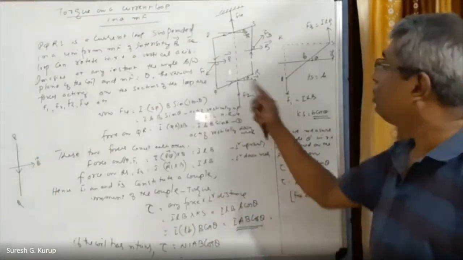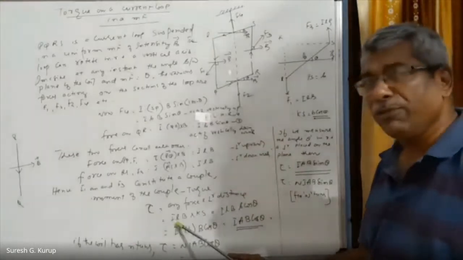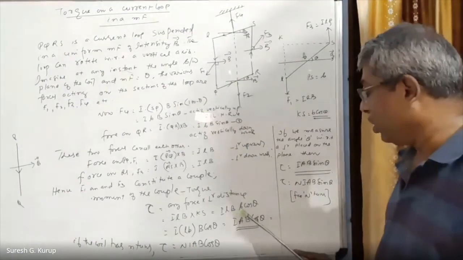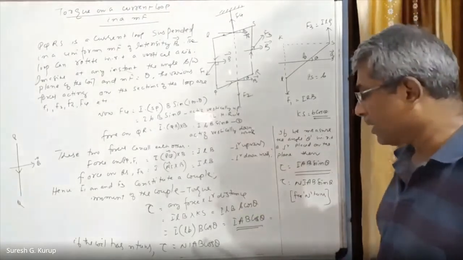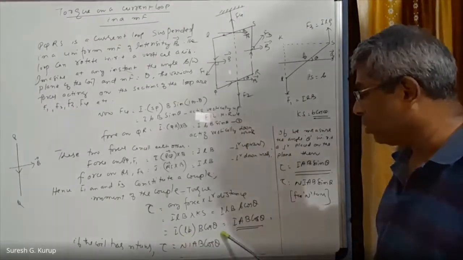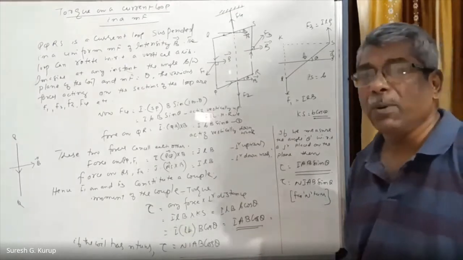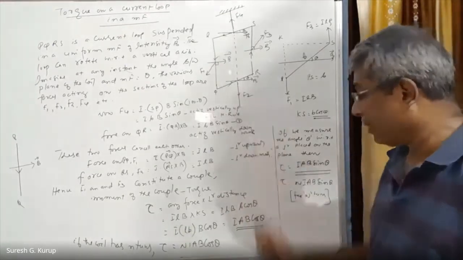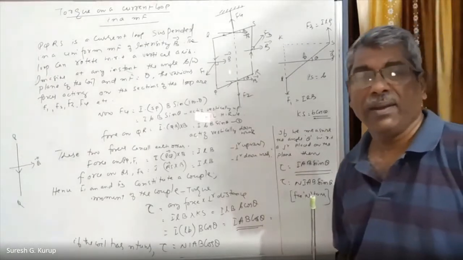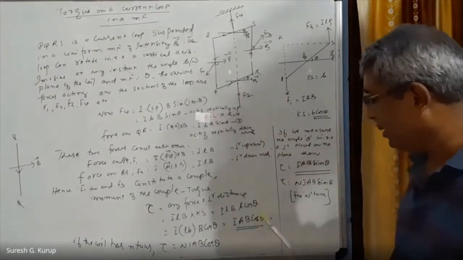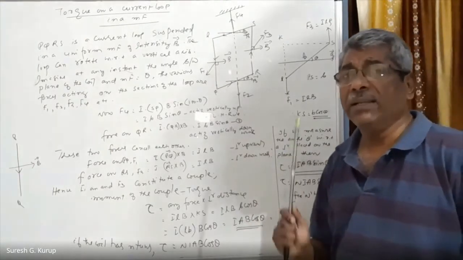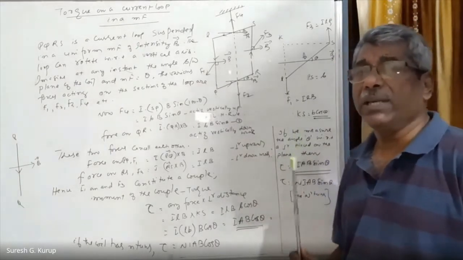Therefore, the torque acting on this loop is given by any one of the forces, ILB, into KS, which is ILB into b cos theta. This can be written in a modified form as I into l into b into B cos theta. But l into b, the product of length and breadth of this coil, is equal to the area of the coil. So torque is equal to IAB cos theta. Right? So this is the torque acting on a current-carrying loop when placed in a uniform magnetic field such that the plane of the coil makes an angle theta with the magnetic field.